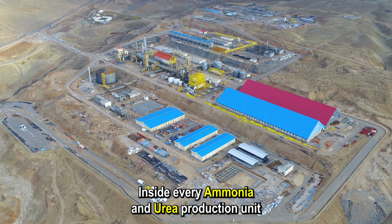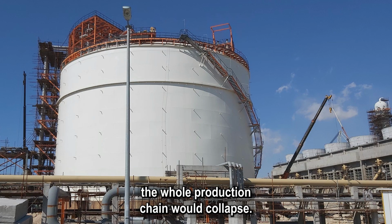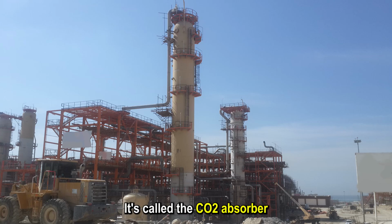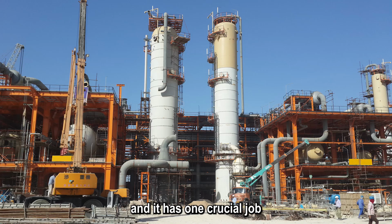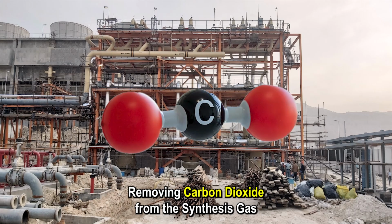Inside every ammonia and urea production unit, there's a tower whose name you might not hear very often, but without it, the whole production chain would collapse. It's called the CO2 absorber, and it has one crucial job: removing carbon dioxide from the synthesis gas before it